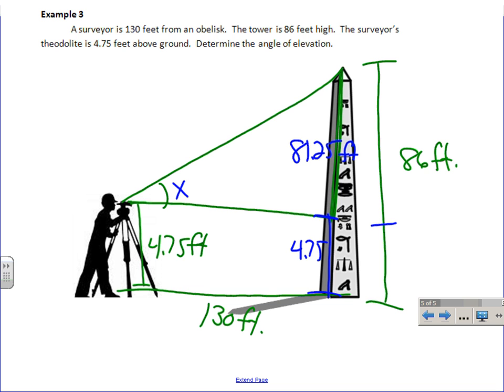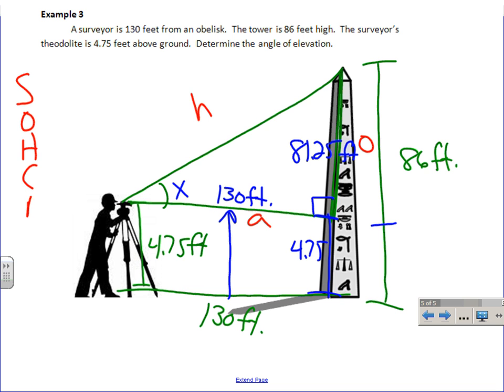Well, it still seems as though we're missing. So here, we'll call this x. That's what I want to find. It seems like we're still missing information, though. Because to use SOHCAHTOA, you at least need 2 bits of information. And luckily, we know that this one right there is 130 feet. Okay. So we will say there's our right angle. So this one over here is hypotenuse. Perhaps we should use a different color. Well, that's hypotenuse, which means this one over here is opposite, making this one adjacent. And really, when you do a lot of these, tangent does happen a lot. And again, we have opposite and adjacent, which in SOHCAHTOA, remember it's very important to spell it right,